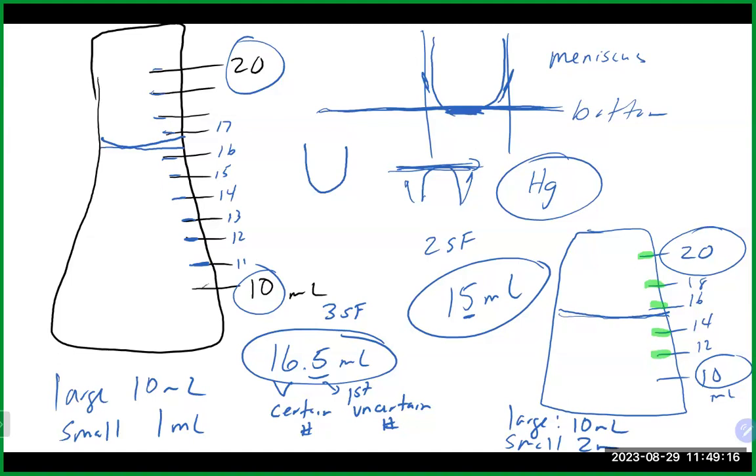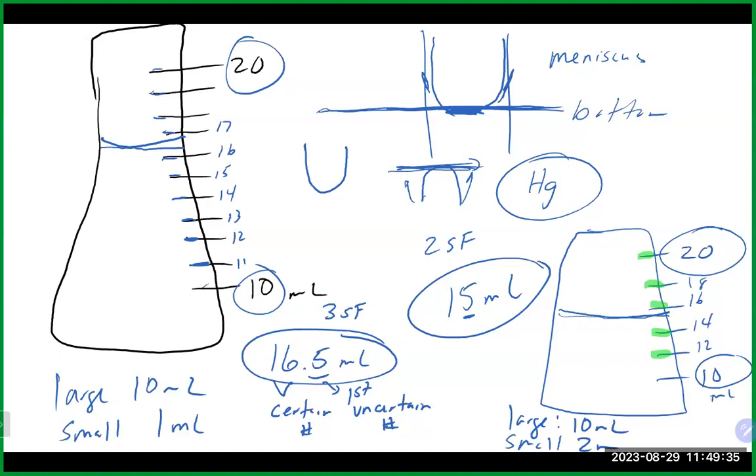So it is important to look at the scaling. In general, you can usually go one more place to the right of the smallest marking. That's not really the case here. If you're ever unsure of how far you should take a reading, and you can't figure out what the smallest markings mean,